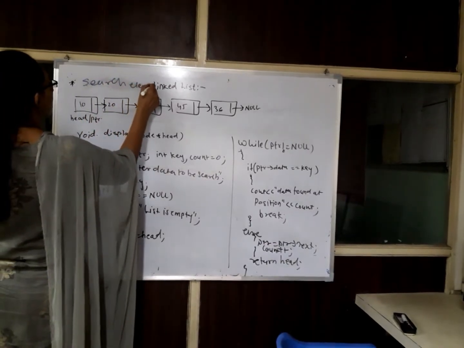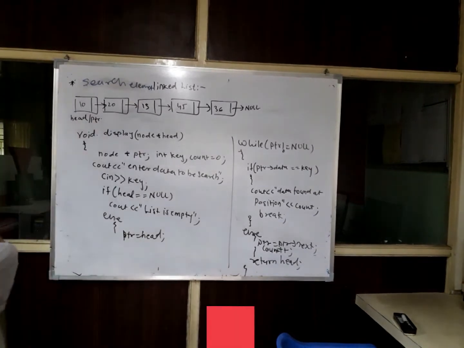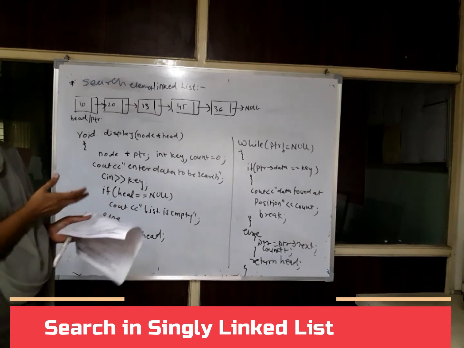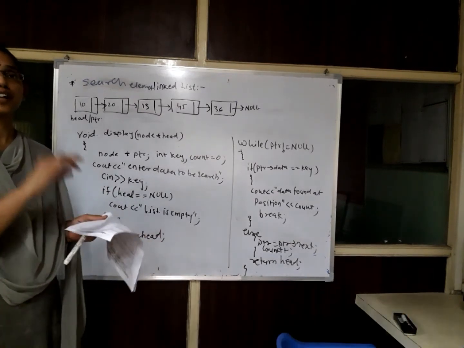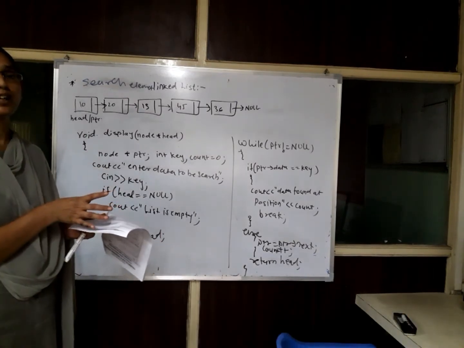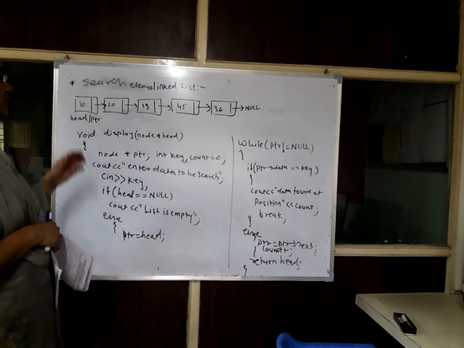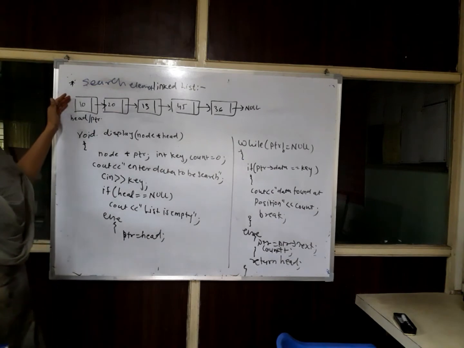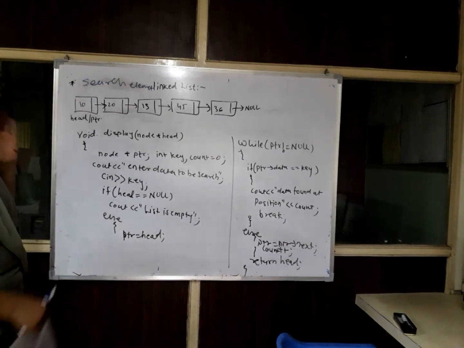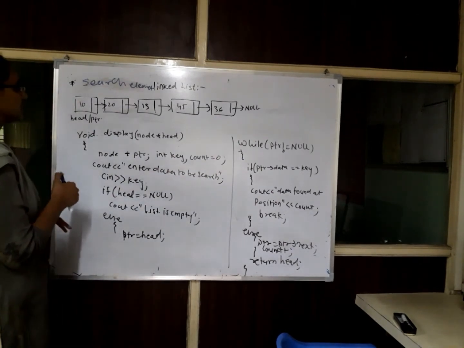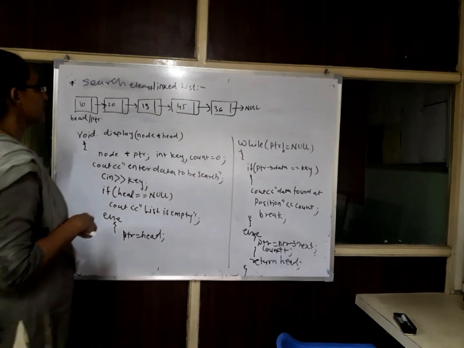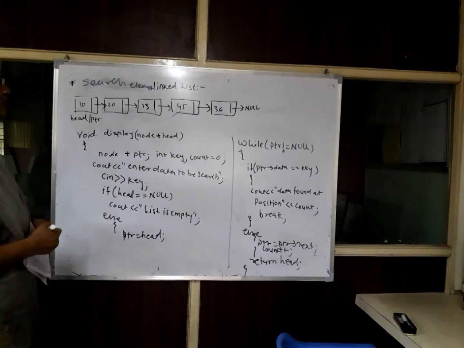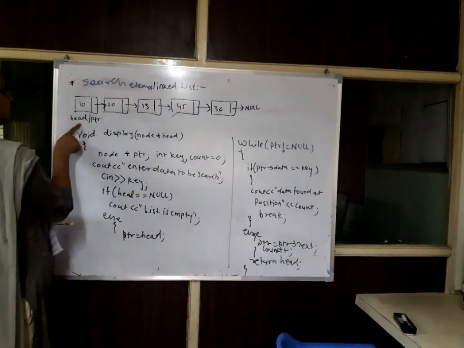If you want to search for particular information in the list, how do you do the searching? Again, searching is sequential. Unlike an array, we cannot directly give the index of an element. So this is the drawback of a linked list: when you want to search for any element, you have to start from the first node of the list. For example, if I want to search for 45, what do I have to do? I have to start from this head.